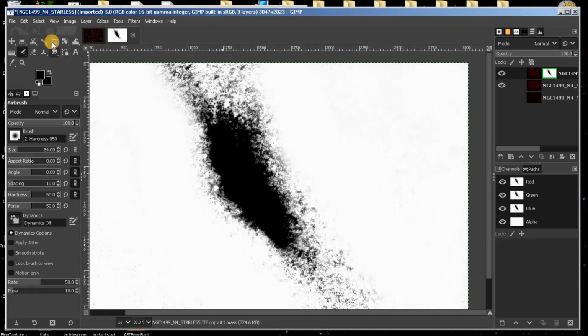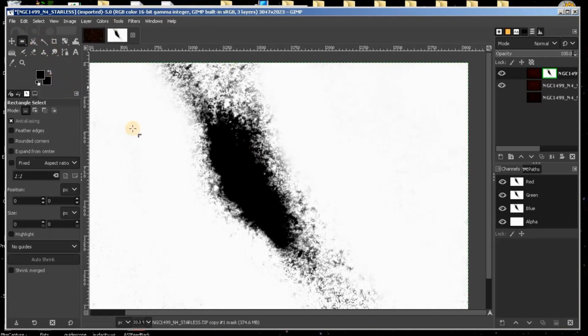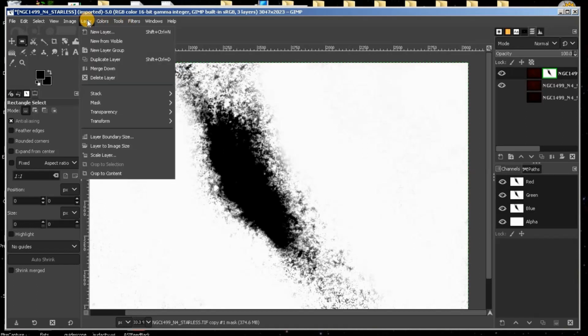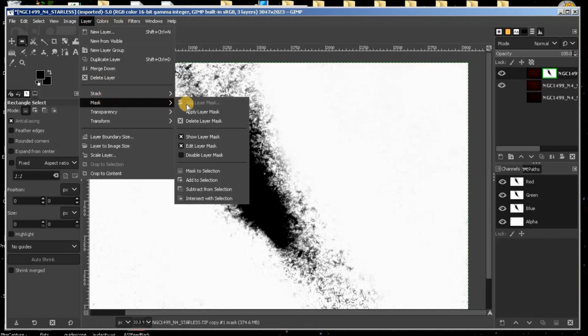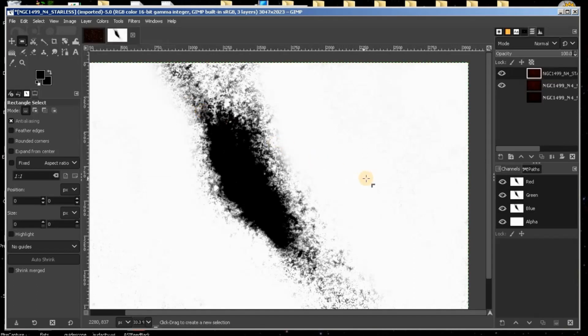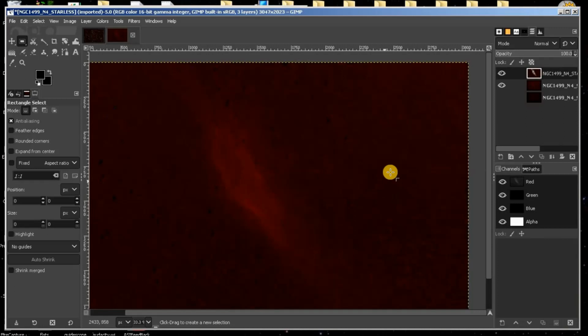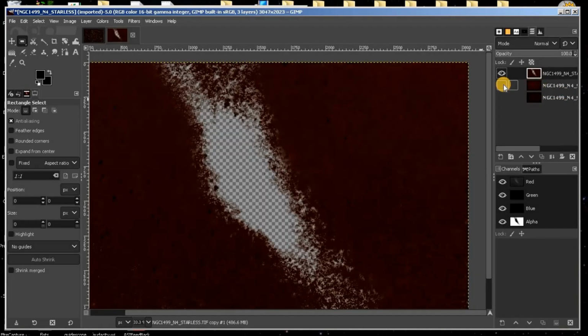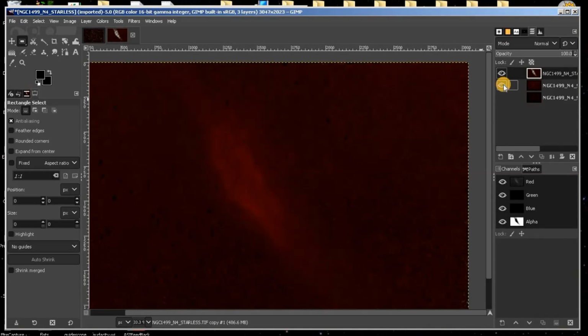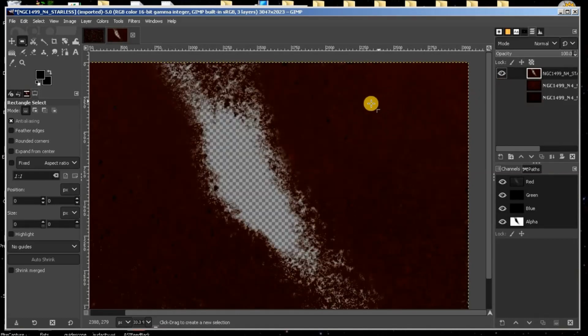And then just deselect that tool. We'll go up here again to Layer, and down to Mask, and now we're going to click Apply Mask. And we're going to find out the mask isn't perfect either, which kind of was weird. It's there, and I'm going to paint some of that in. As a matter of fact, I can,